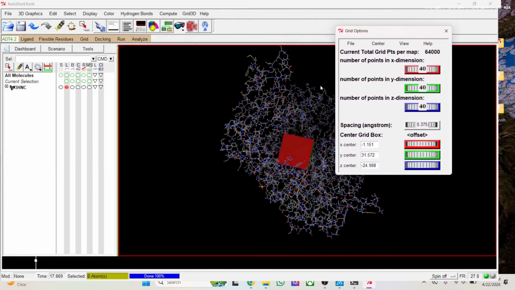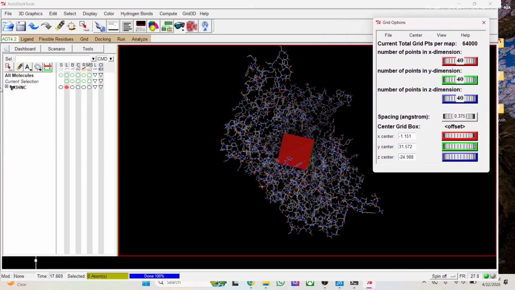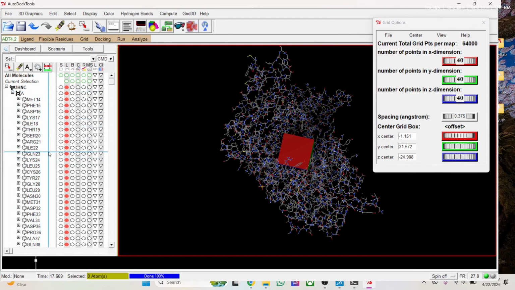So first of all, you have to understand how to select the binding site. You have to know the amino acids which are responsible for the interactions. I will be showing that in another video. Here I will randomly select amino acids from the list as an example to show you the binding site selection.